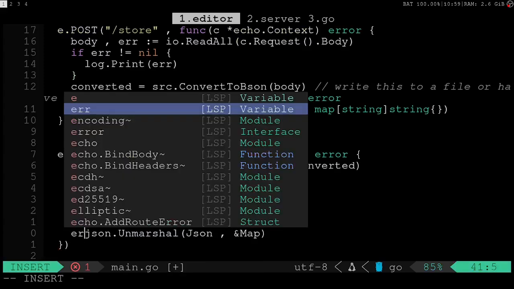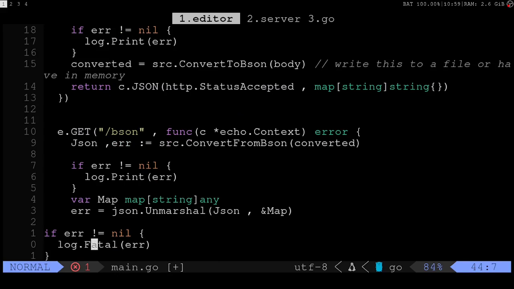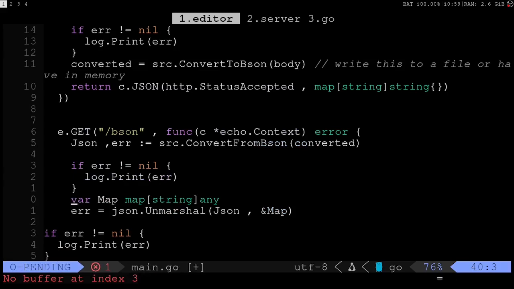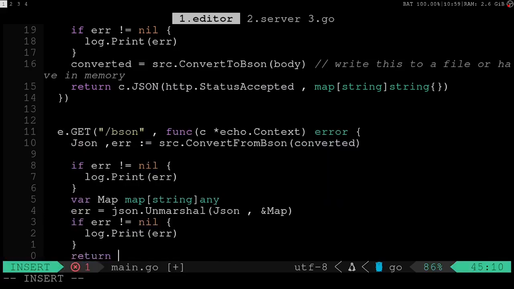So let's go with error. Let's go this thing, and we can return this thing, return c.json